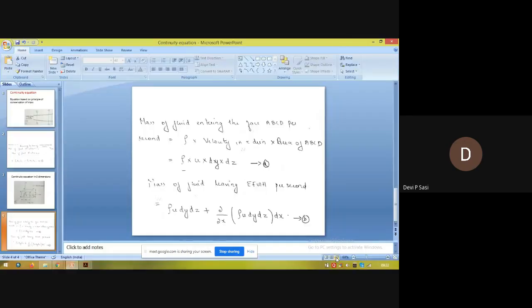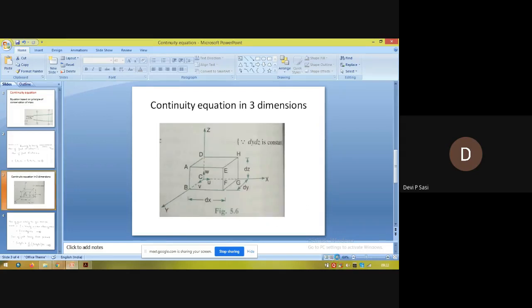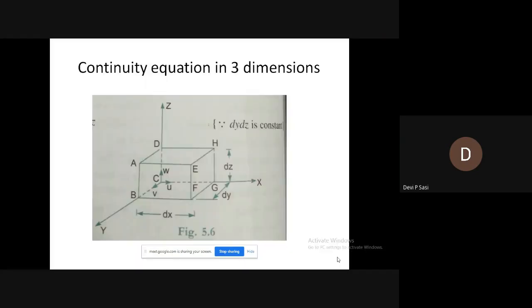Take the figure and please see EFGH. You can see in EFGH, the mass will be the mass acting in ABCD plus the mass coming over to